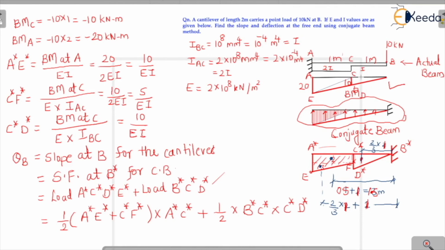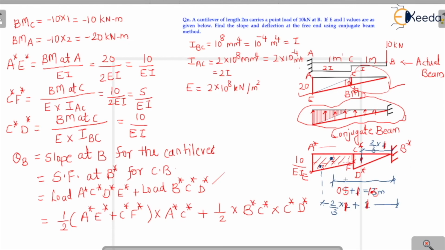Anyway, there is no change in this particular part; it is the same as it is. But because it is 2I here, we have divided this part of the bending moment diagram by 2I. So we get this shape, because this was 20, but after division it became 10, right? Because 2I is there. So this particular ordinate, which was otherwise 10, will become 5 for this region, but it will still remain 10 for the half of this particular beam. So you have to be careful.